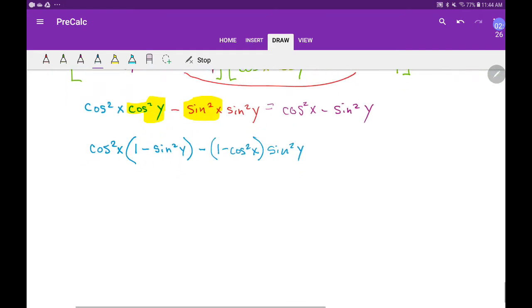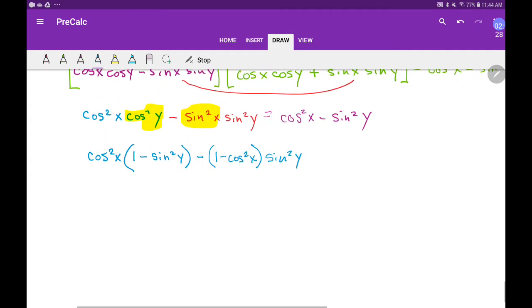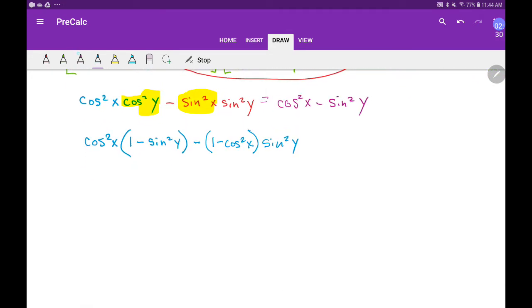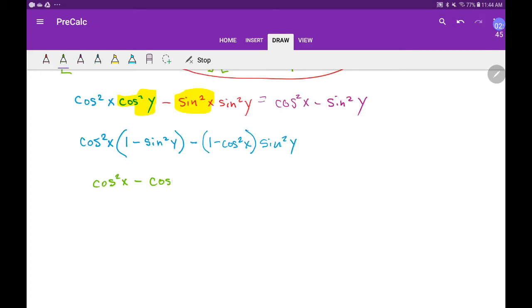Okay, so now let's see if I distribute this. Do I need to distribute it? Yeah, I think I do. We'll say cosine squared x minus sine squared. Maybe I should do the x first. I'll do the x first. I'll say cosine squared x, sine squared y,